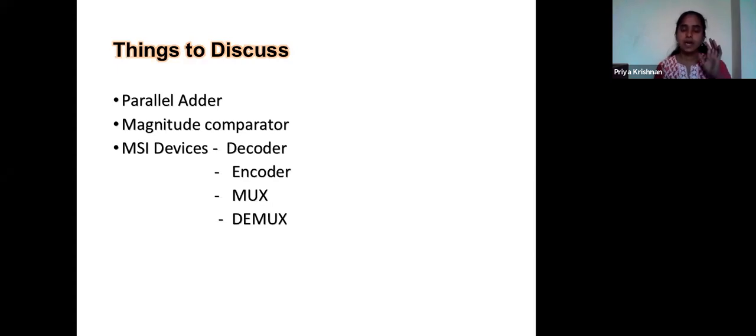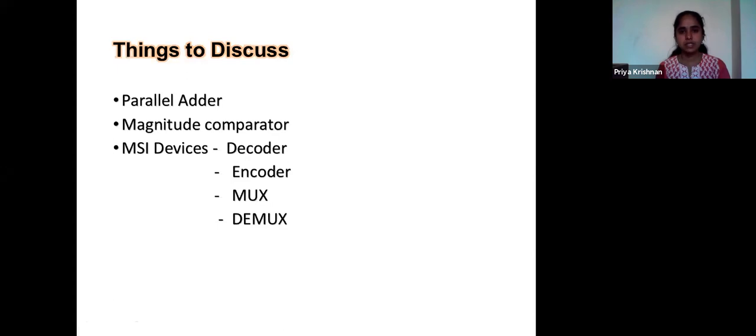If I want to use 4 different gates for my circuit, then I need 4 ICs placed on my board, and those 4 ICs will occupy space. So instead of going for individual gates, we are going to put our complete circuit in one single IC. That is what these MSI devices are. The whole work of a decoder will be done by one single IC. This point we already discussed in the operational amplifier session also, what is an IC and so on. So this is what we are going to discuss today.